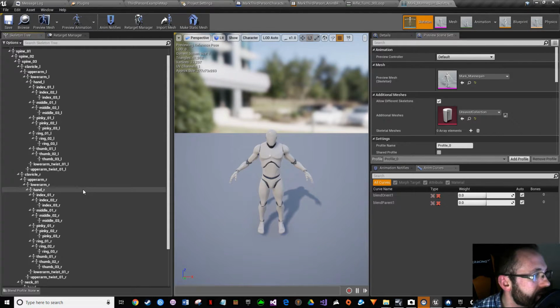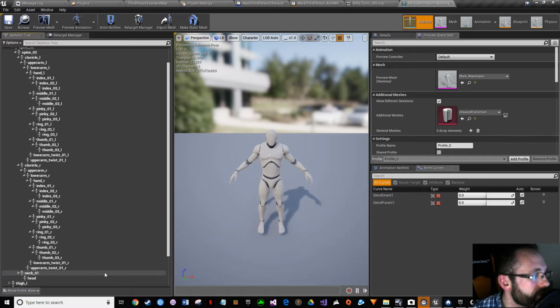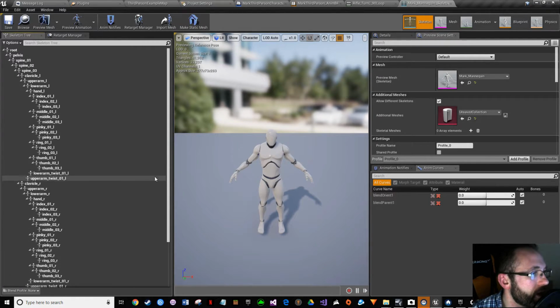It goes all the way to the end of the chain, all the way to the fingers and the wrists and the neck, even the neck, and it goes all the way down from the pelvis. So if you can look at this guy, basically the chain starts here and it shoots up and goes into the arms and all the way through to the head. The other part of the chain that